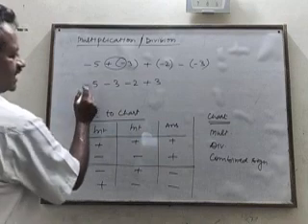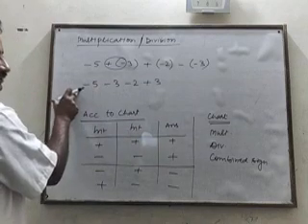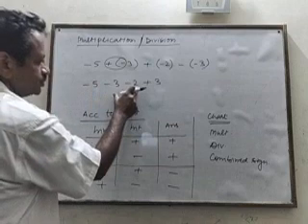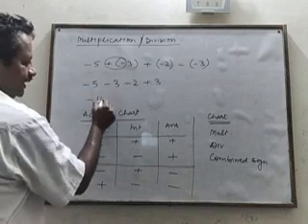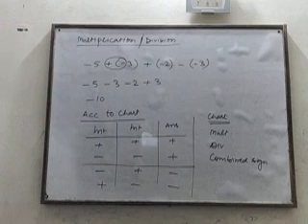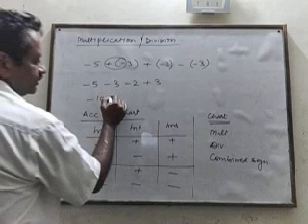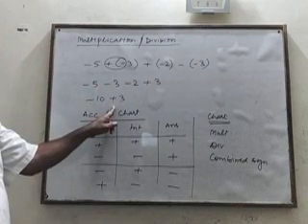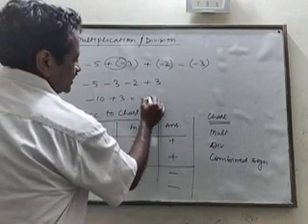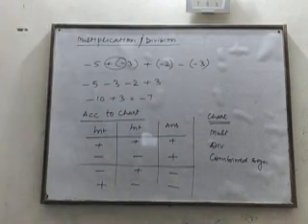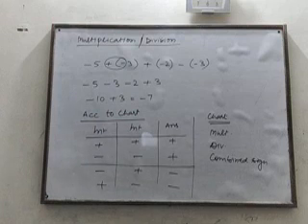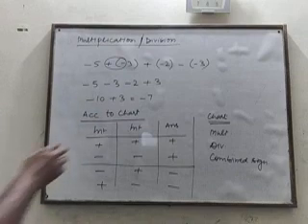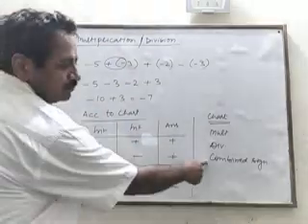So these three numbers have minus sign, so they will be added. -5, -3, -2 gives -10. After addition, the sign will remain the same in the result. Then +3. Now opposite sign figures are there. They will be subtracted and the big figure's sign will come in the result. So -7. This is how we do the operation on combined sign.